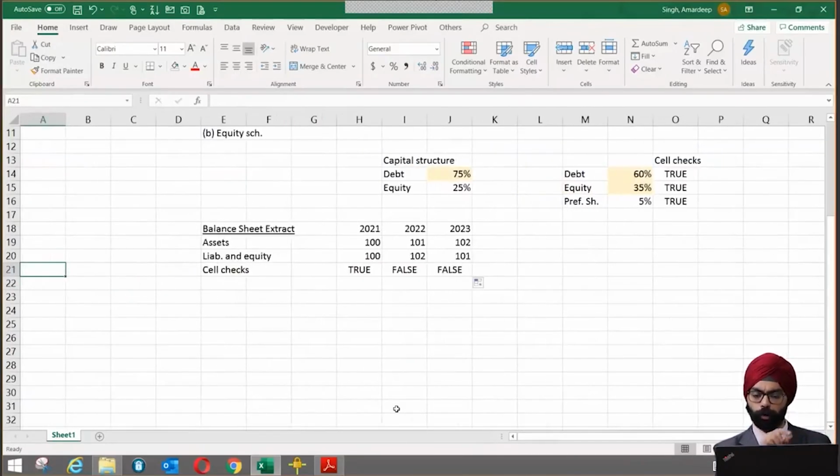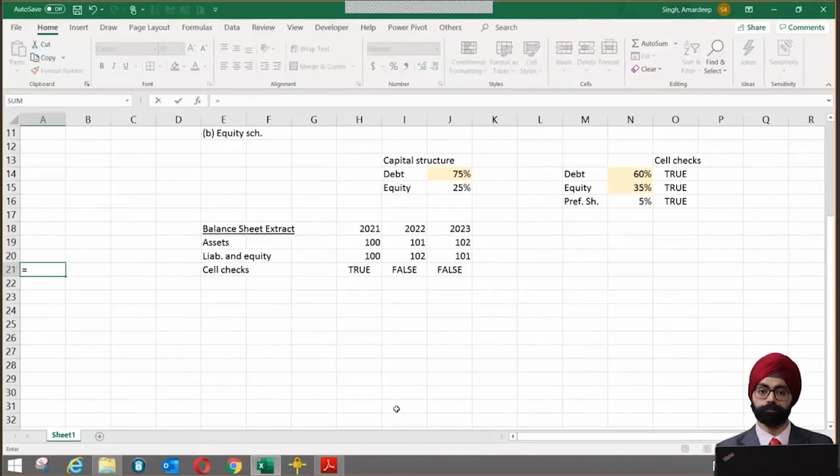So I would say that if all of these individual cell checks are true, then I should see true for a row check as well. And if even a single cell check in that particular row is having a false value, then I should show row check as false. So what I'm going to do there, I'm going to put equal to, if even there is a single false, I would have a problem. So I'm going to say if countif of this,